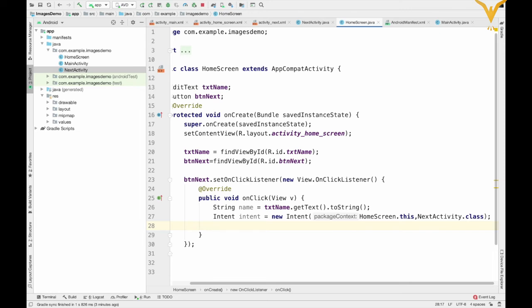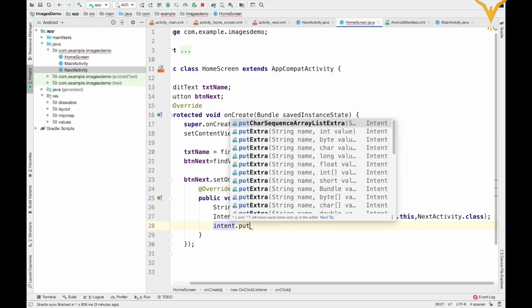So now we will add the data with this intent dot put extra. Here you have lot of put extra methods, but choose according to your requirement.